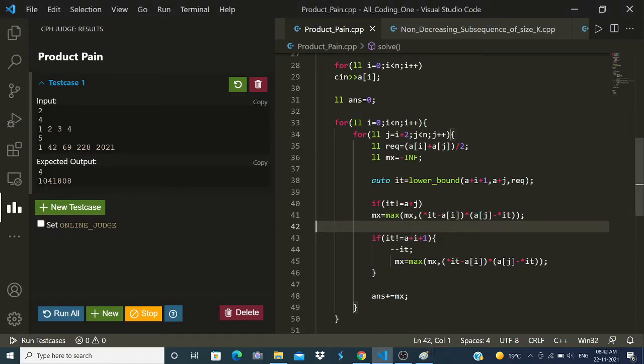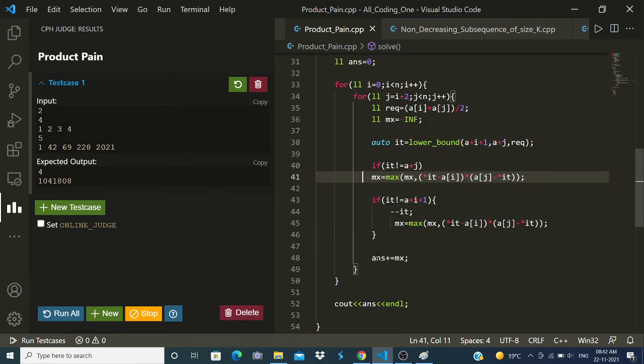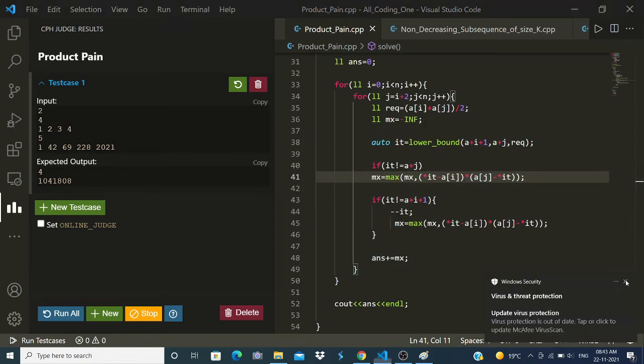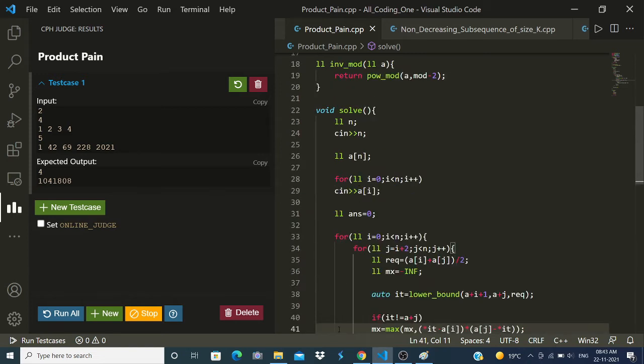So I have first found the value which is just greater than or equal to my required, and calculated the value over that, and the value which is just one lesser than that, right? So iterator minus minus is essentially doing that thing, and again taking the maximum, and whichever will be the maximum, I will take that maximum and simply add that to my answer, and that completes.